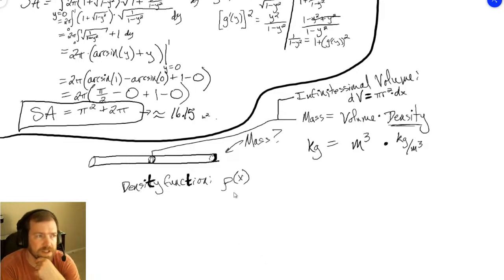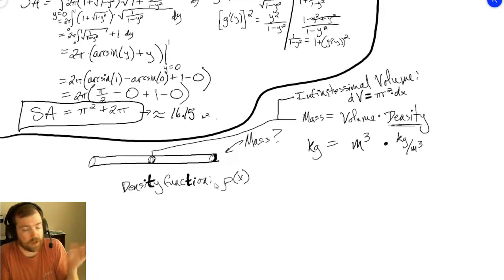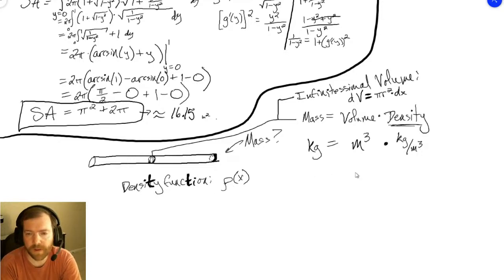So it would not necessarily be a nice linear function, as some of the examples say. So if it is a density function given by some sort of function rho, it could very well be just about anything. Alright, so mass is going to be equal to volume, which in this case we already figured out the infinitesimal, but if we want the